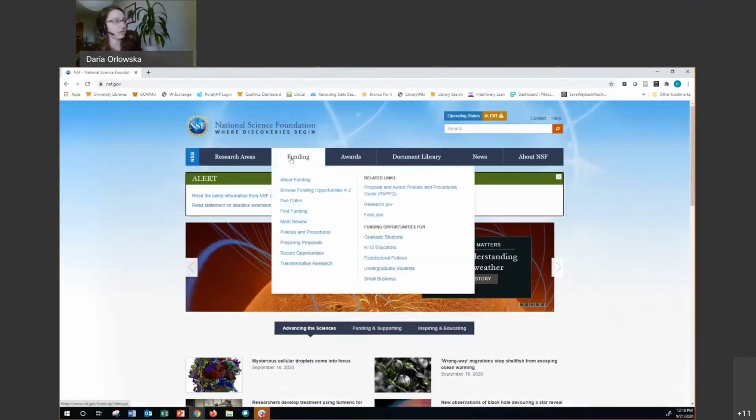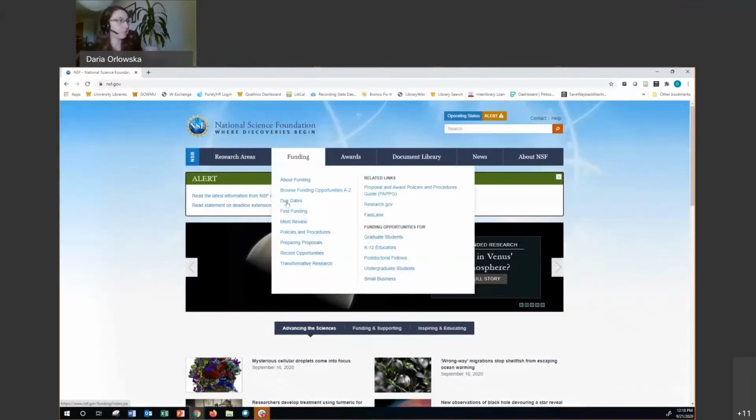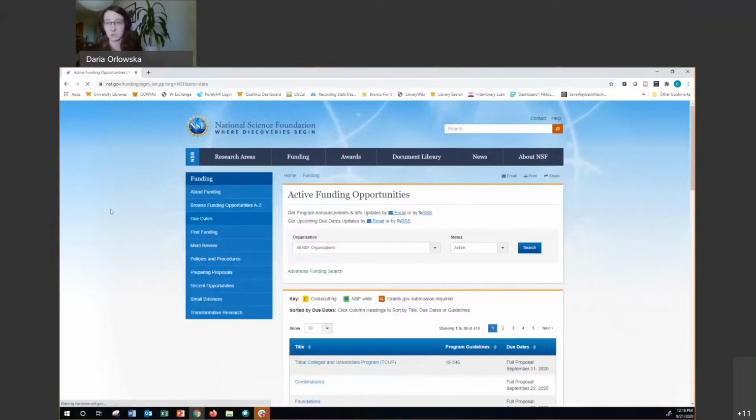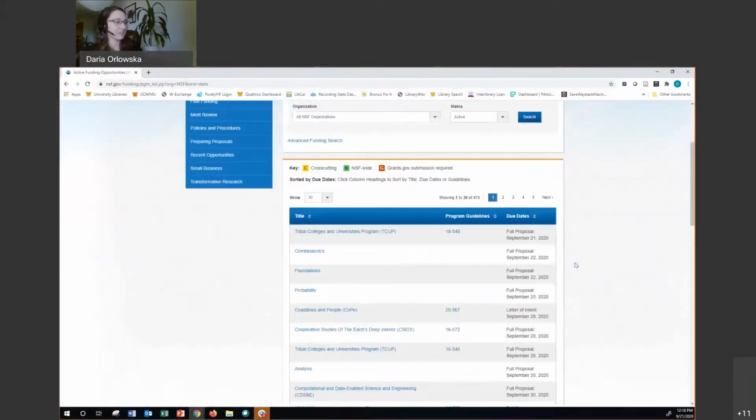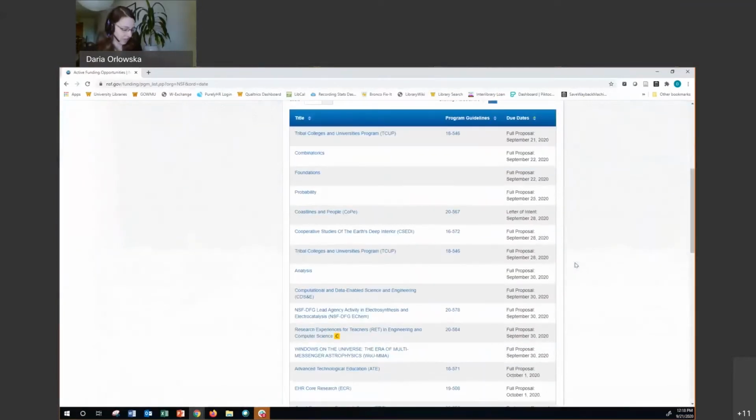If we go to funding, we can browse by due dates, just because it will give me a list of all the announcements, regardless of discipline. We can take a look at this one right here,